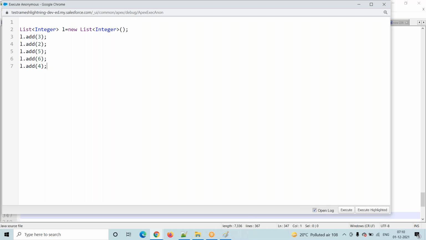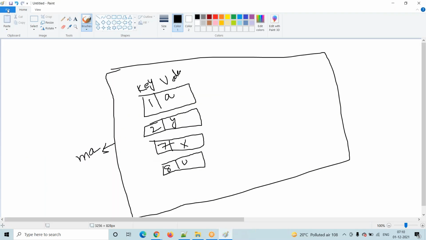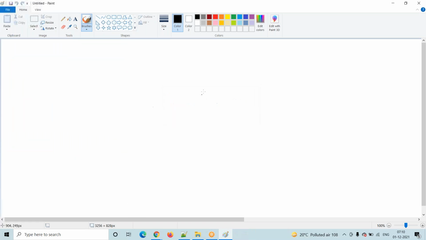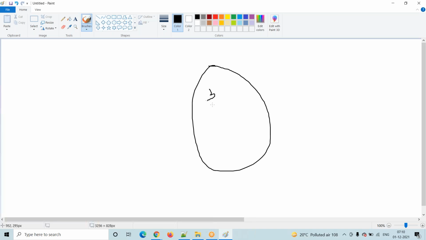In this list, 3 is there, 2 is there, 5 is there, 6 is there, 4 is there. Now my requirement is to verify this list. If there is a 6 in this list, then I want to perform some logic. How to check? Each and every element we have to check, right?